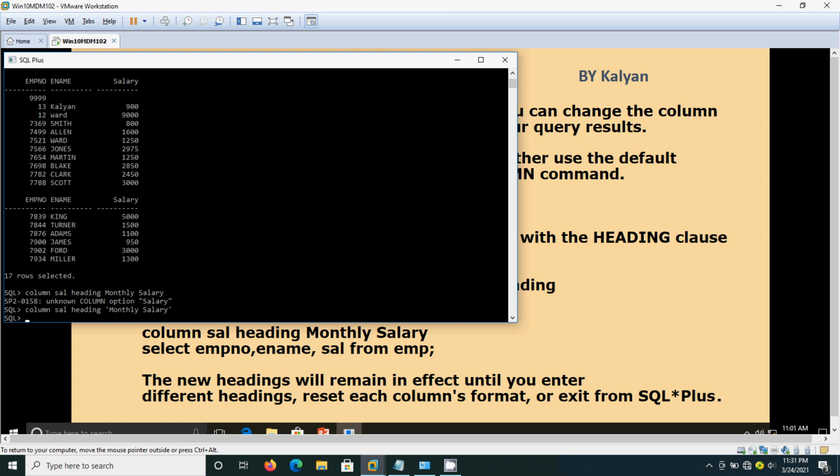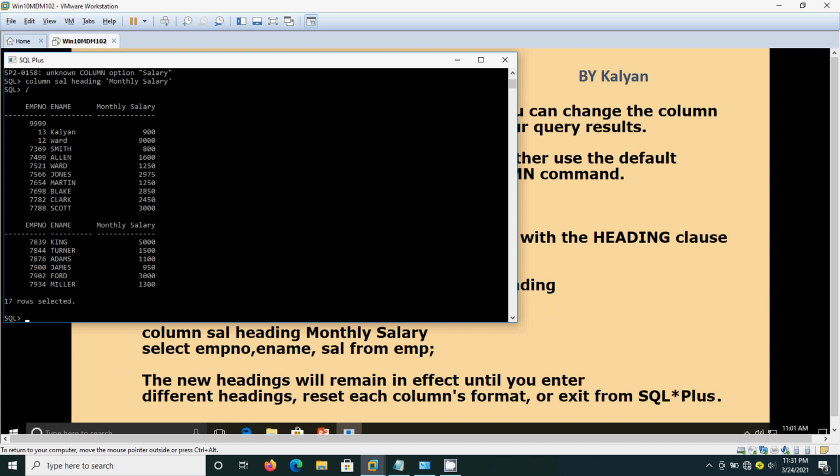See, now there is no error. Now the column heading has got changed to monthly salary. This is the way you should change the column heading.